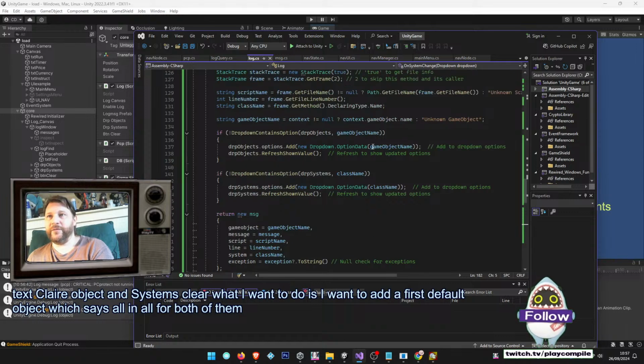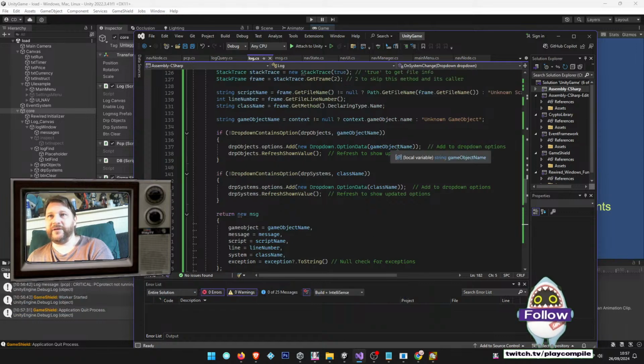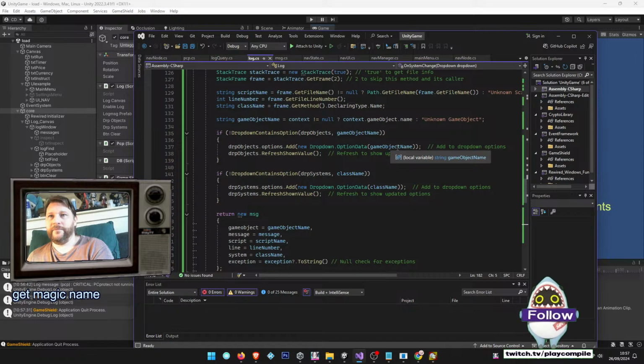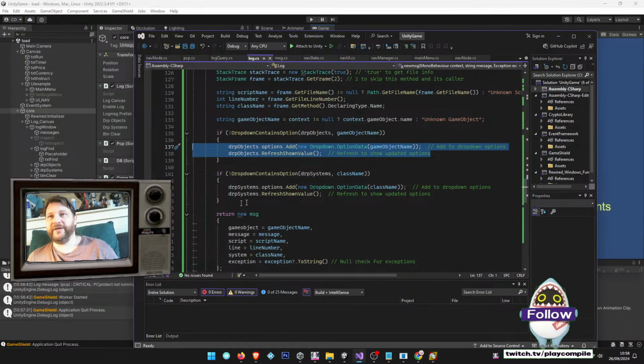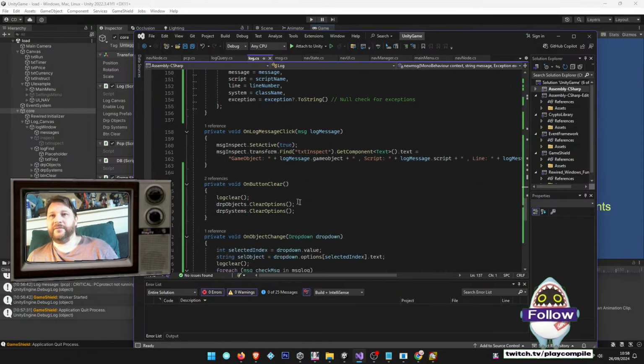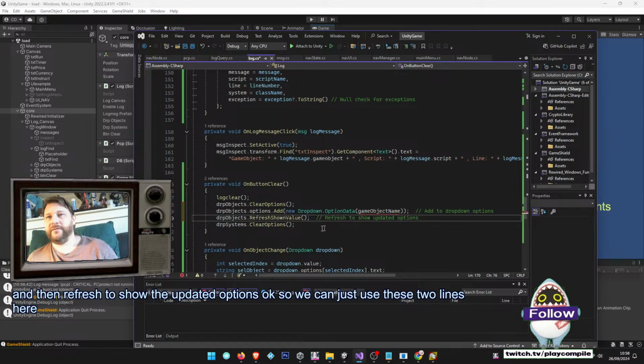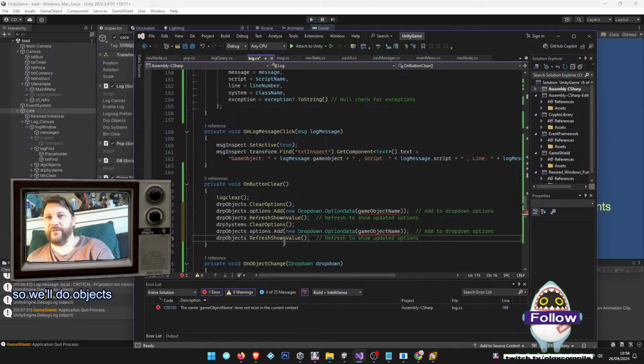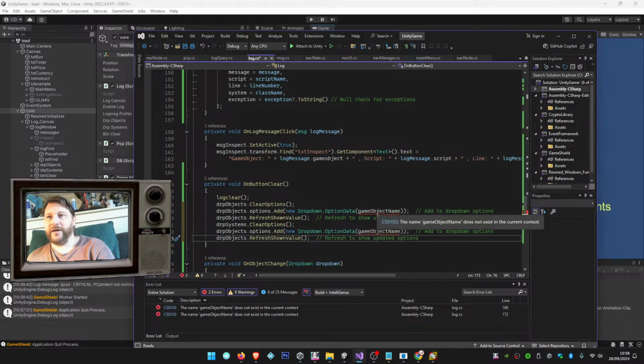Add new drop down option, data, game object data, game object name, and then refresh to show the updated options. Okay, so we can just use these two lines here. So we'll do objects, and we'll do one for systems. I'll just paste the same one, we'll just change the name of it. Okay, so basically I want it to say,